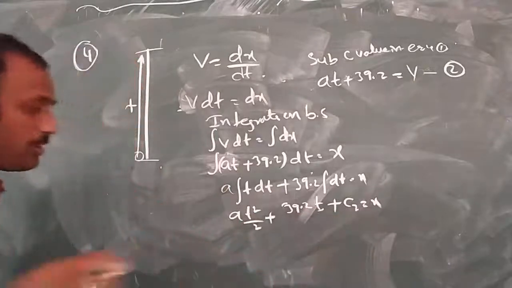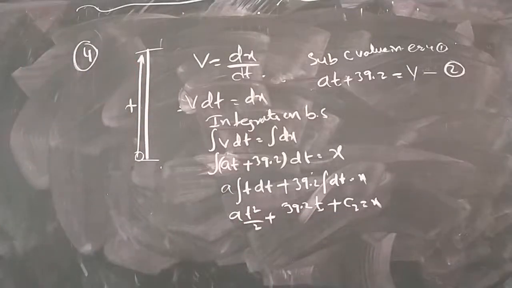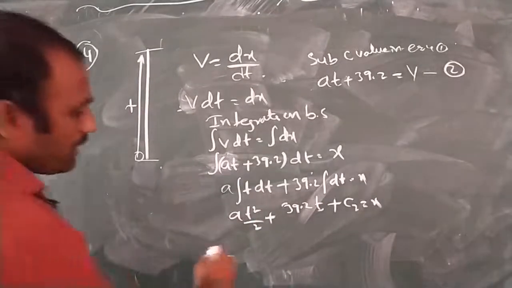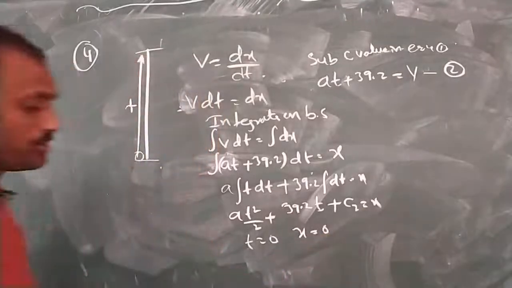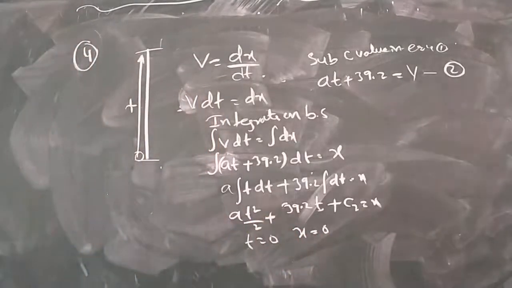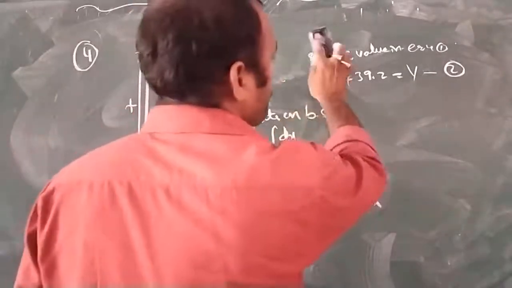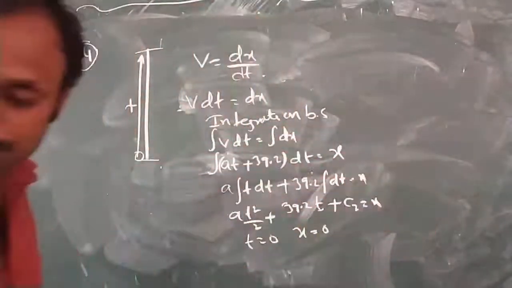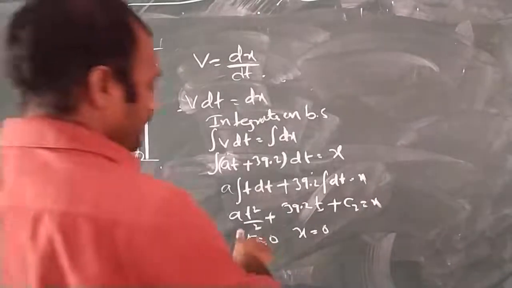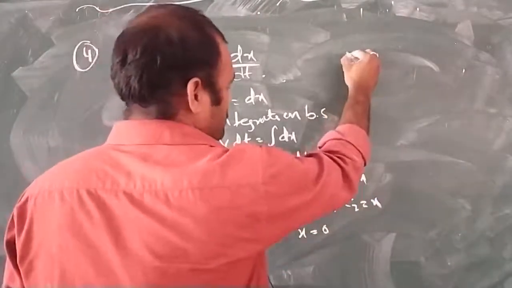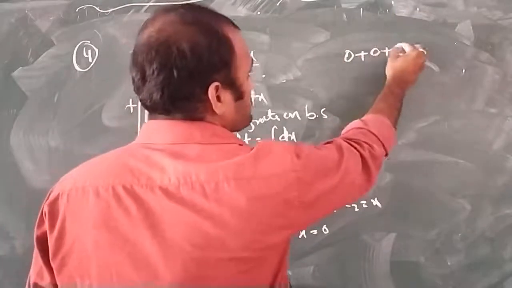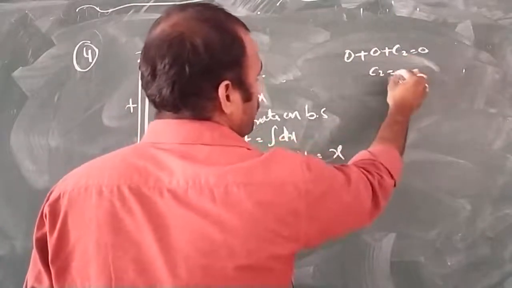Another constant, we have got it as c2. Now to get this c2 value, we will substitute t is 0. Why? Because of the initial conditions: t is 0 and there is no distance at all. Displacement is also 0. If t is 0, x is 0. Then how will the equation become here? t is 0, x is 0, so 0 plus c2 is equal to 0. The c2 value will be 0.